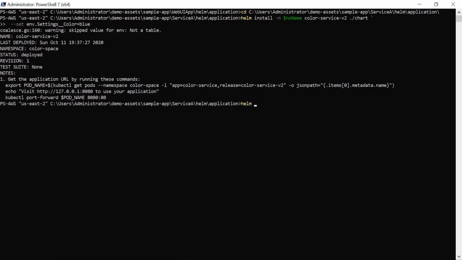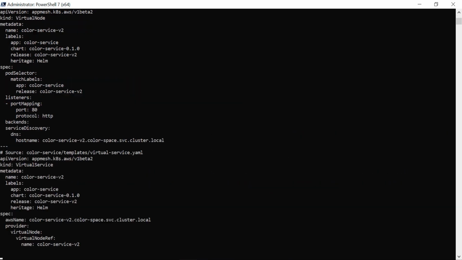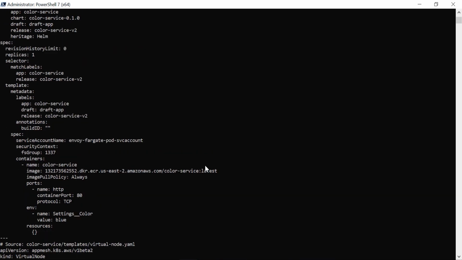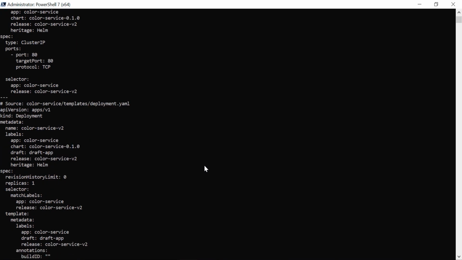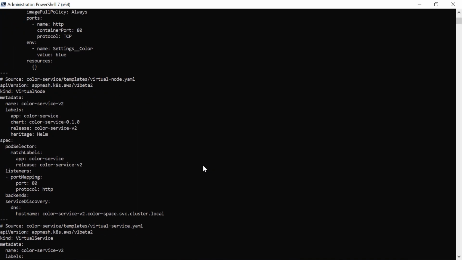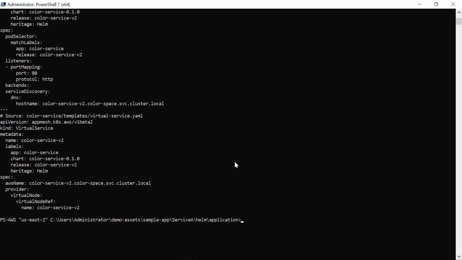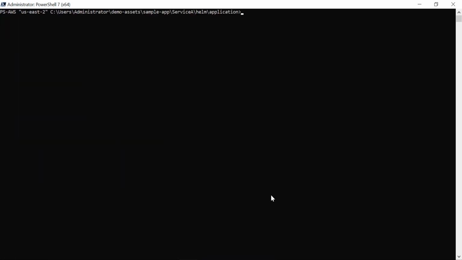And now let's use another way of reviewing the Kubernetes manifest created as part of the installation. We can see Kubernetes resources, a deployment and a service, as well as App Mesh resources, a virtual node and a virtual service. There is no gateway route this time because instead of connecting the ingress gateway to the application pods directly, we will make color service v2 a part of the canary traffic split. Let's go back to the canary Helm Chart directory